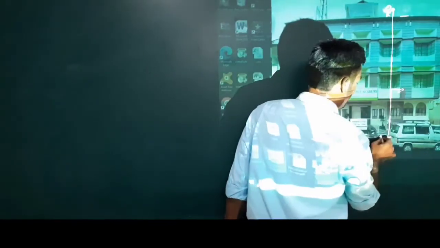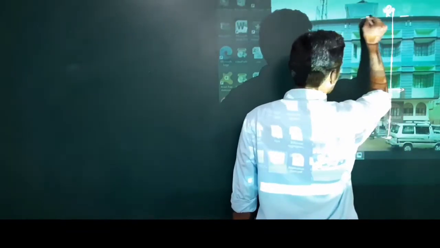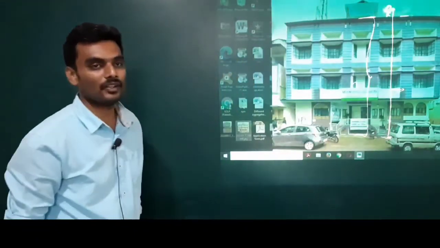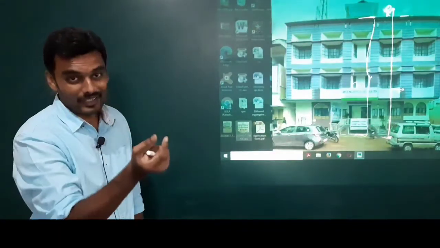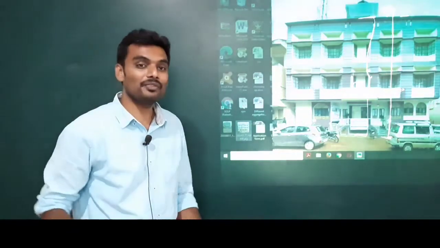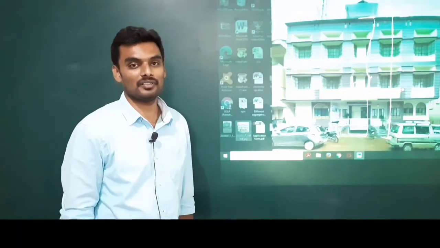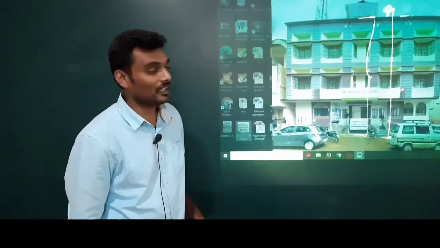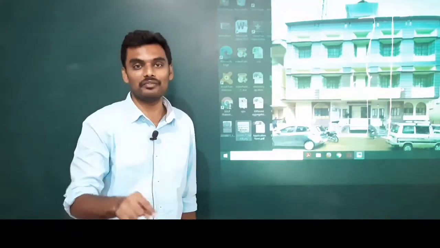So this is one method to find the height of the building. From here I am going to measure till here, and this is the height of the building which I am going to consider as h. So one method is the regular method using the measuring tape, but what if you don't have any measuring tape? Is there any possibility that you can measure the height of the building? Yes, there is a possibility in physics.